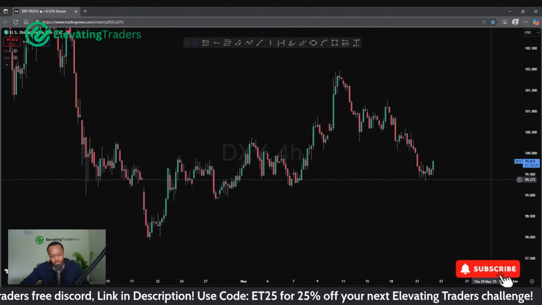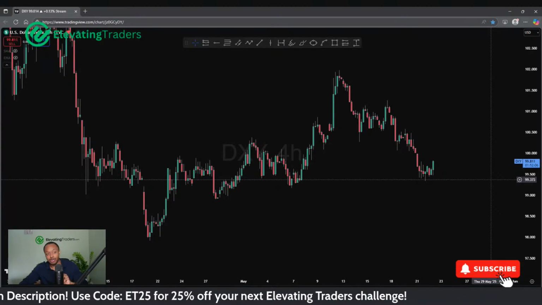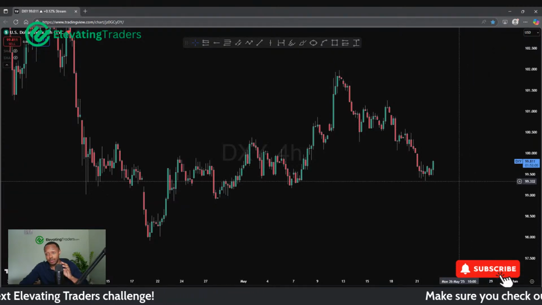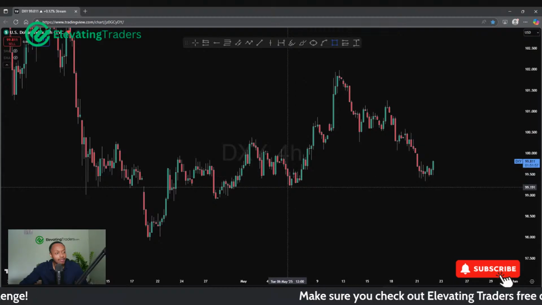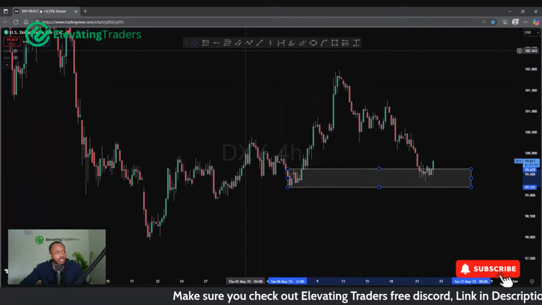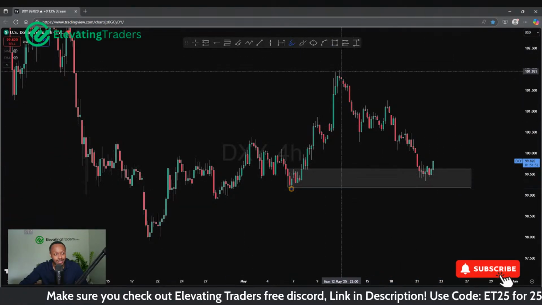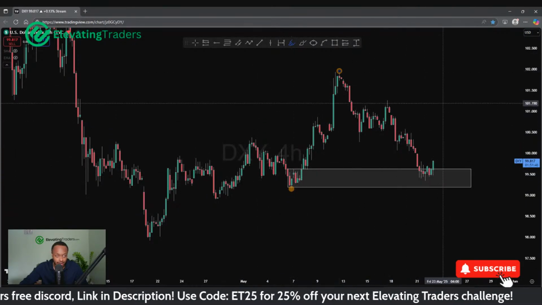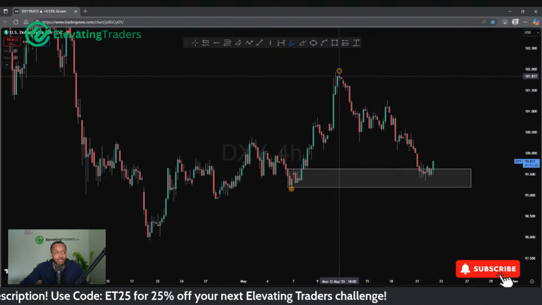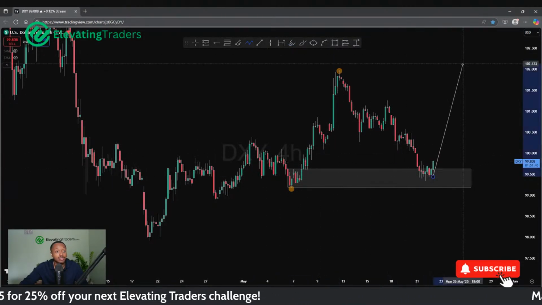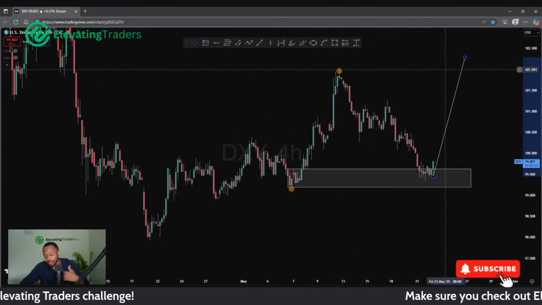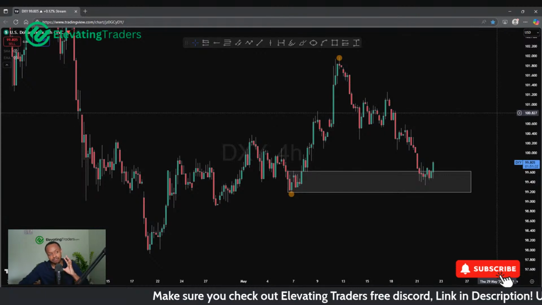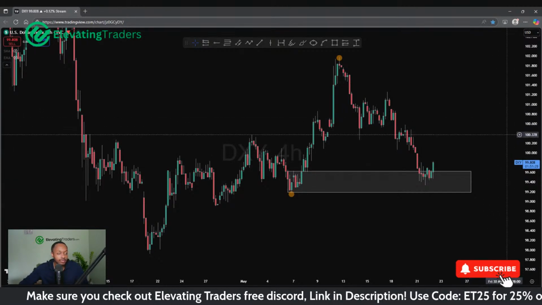But we did speak a lot about the dollar yesterday, and things were looking pretty bearish at the time, and not much has changed apart from looks like price is starting to respect support a bit. We do have this low, which did give us this swing to the upside, creating new highs. So it's a very pivotal low, meaning potentially we could see buyers step in at this area and take price higher. After all, it is the low that gave us the higher high. So potentially speaking, price could continue this uptrend and see new highs. That is a possibility, but not necessarily the outcome which I'm expecting here for USD.